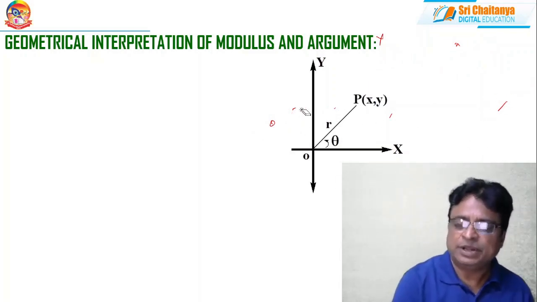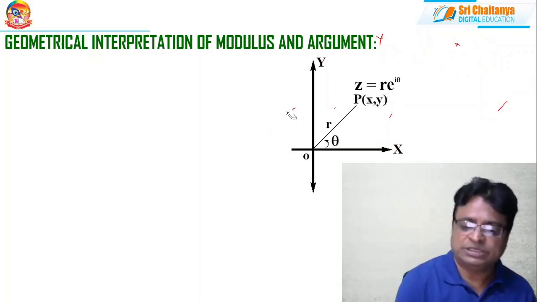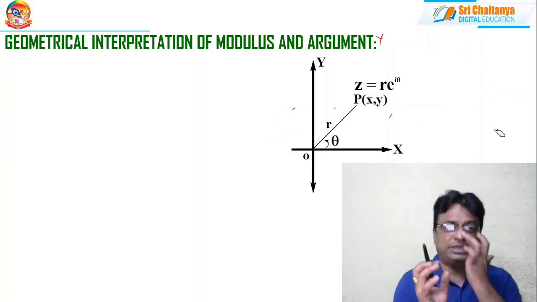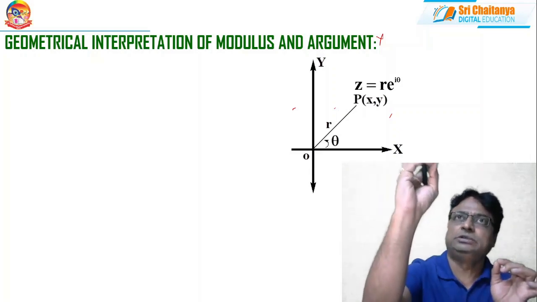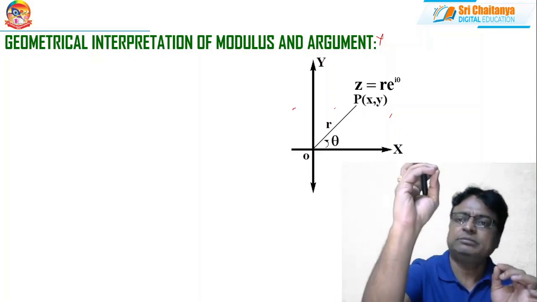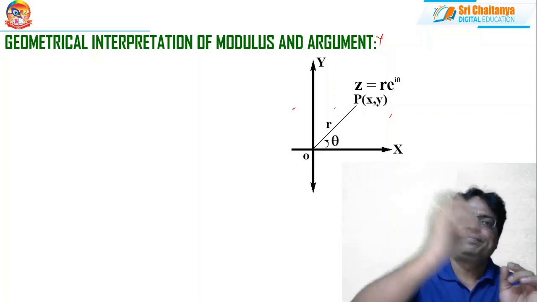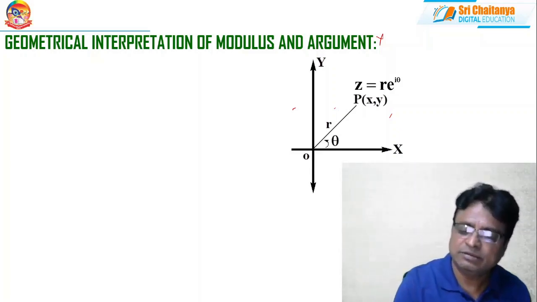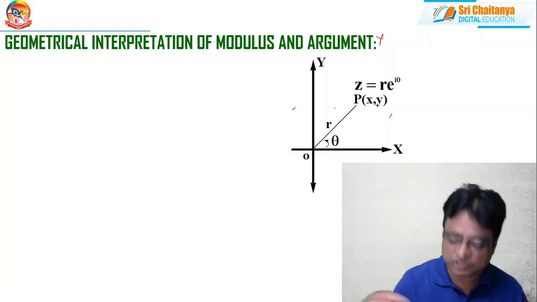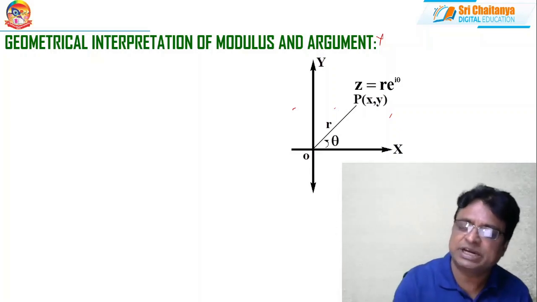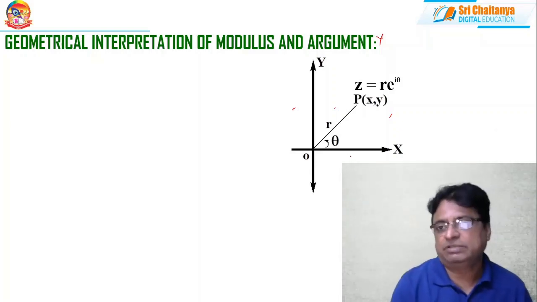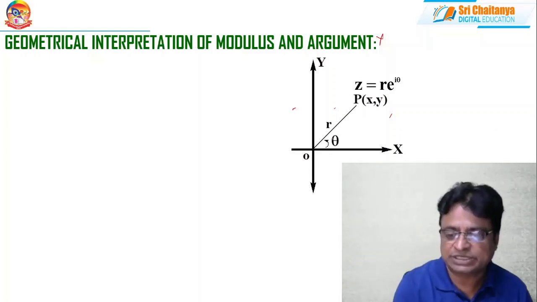Clear all of you? Now, this is about z is equal to r e power i theta. Whenever I am representing z is equal to r e power i theta, you immediately put a point P and join OP; that distance is r, and theta is what? That OP makes an angle in the anti-clockwise, positive direction with the real axis. That's why please try to understand the notation here.